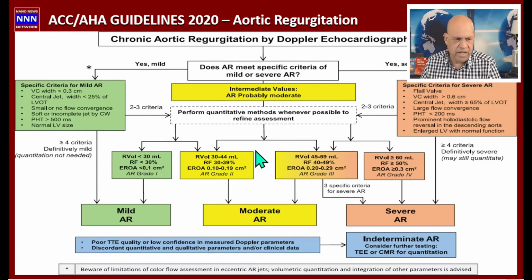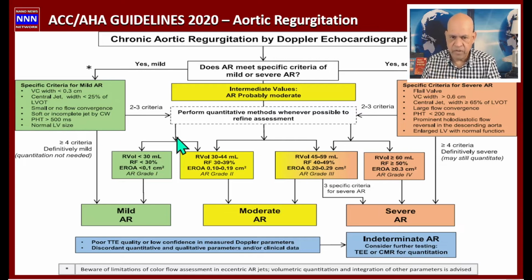So let us look at the mild one, which I already talked to you about. Vena contracta less than 0.3 and the jet less than 25%, and the pressure half time greater than normal, normal size LV, normal systolic function. That's why I'm giving you the fundamentals